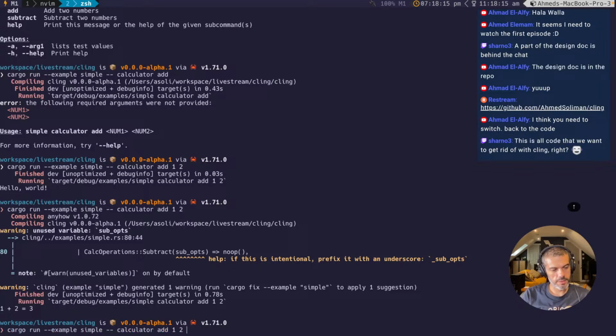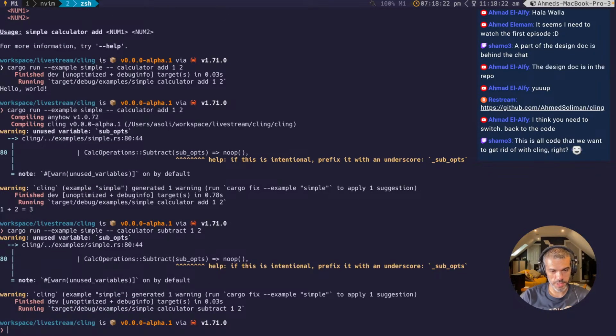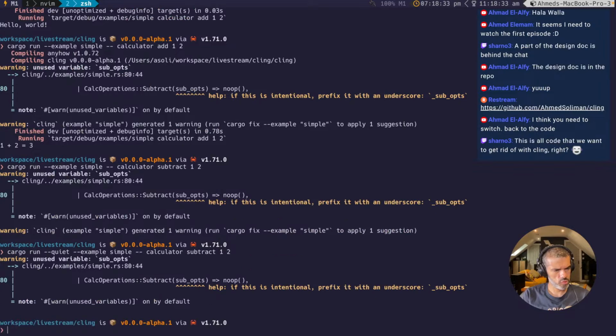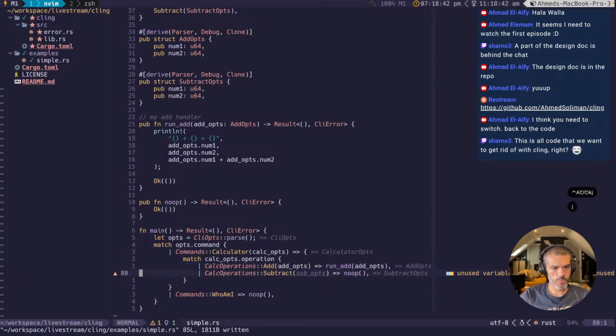Yeah, and if we do subtract 1 and 2, it should have no op implementation because we didn't really implement anything. Cool. All right. I think cargo has quiet. Yeah, there is quiet, but it doesn't remove the clippy warnings, which is okay. All right, so looking at chat right now,